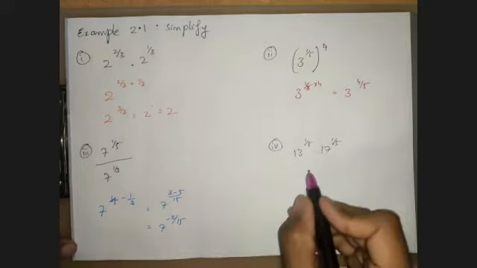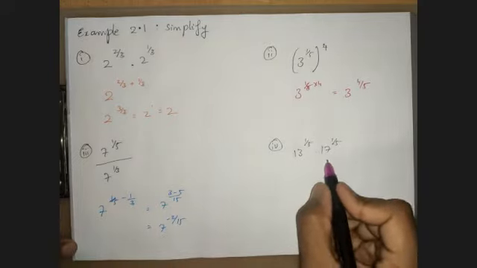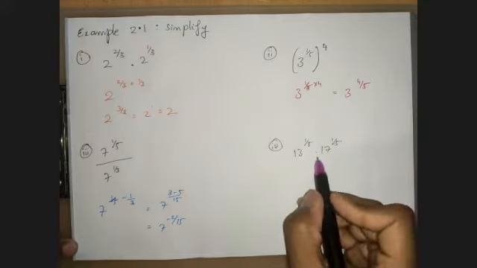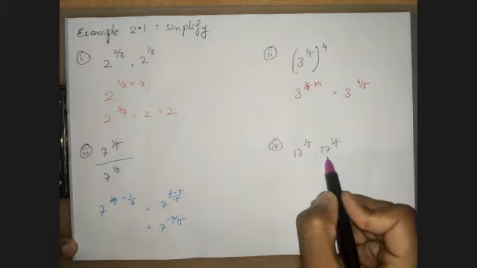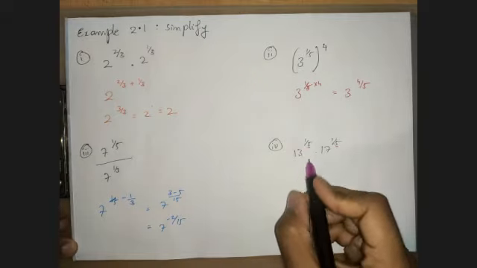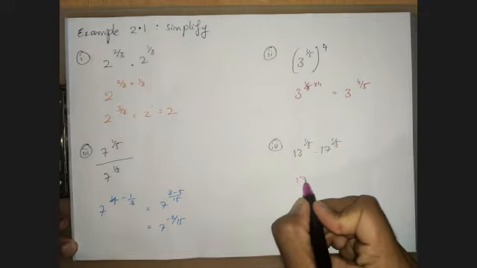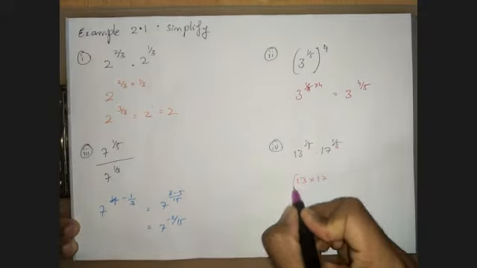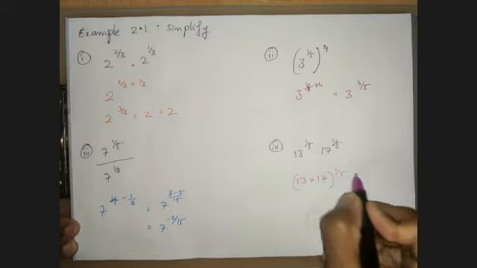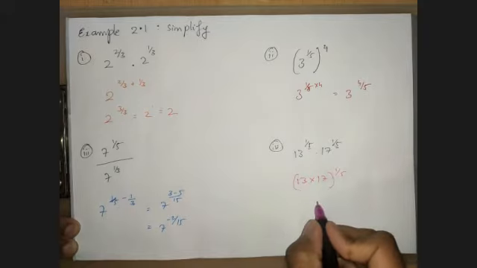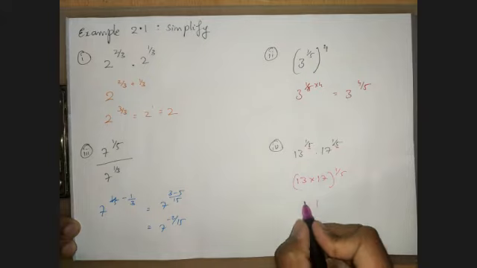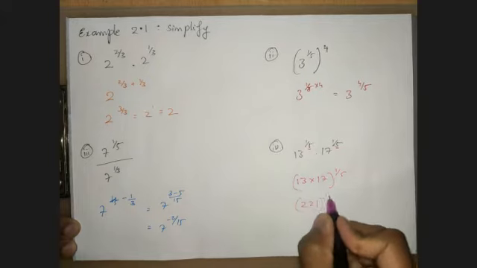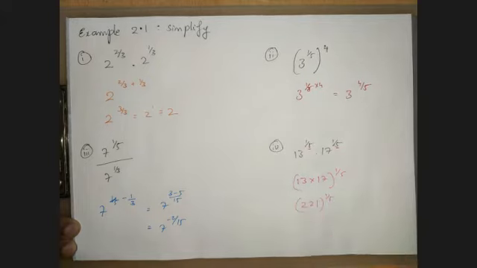The next one is 13 power 1 by 5 into 17 power 1 by 5. If I look here, the exponents are same, but the bases are different. So I can multiply the bases. So it is 13 into 17 whole power 1 by 5. 13 7s are 91, 1 9 carry, 31 is 13 plus 9 is 22. Whole power 1 by 5 is the answer.